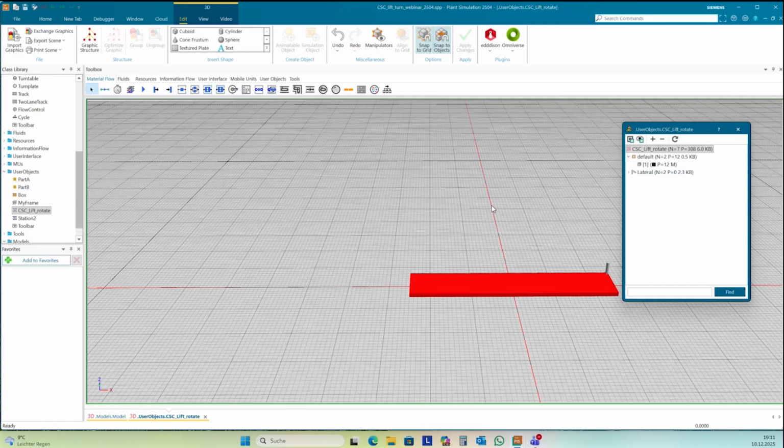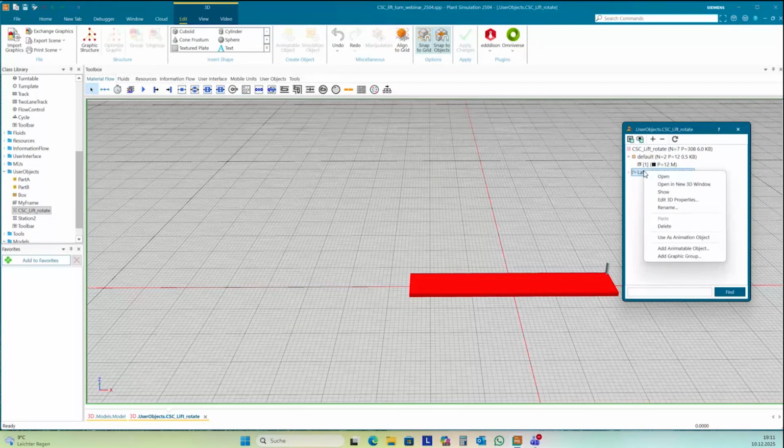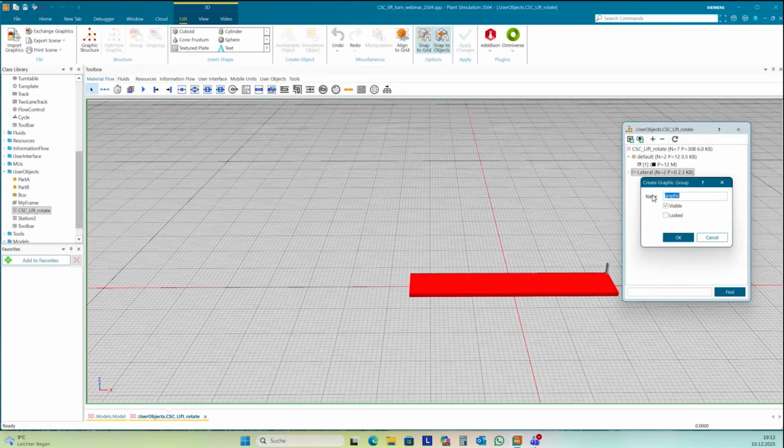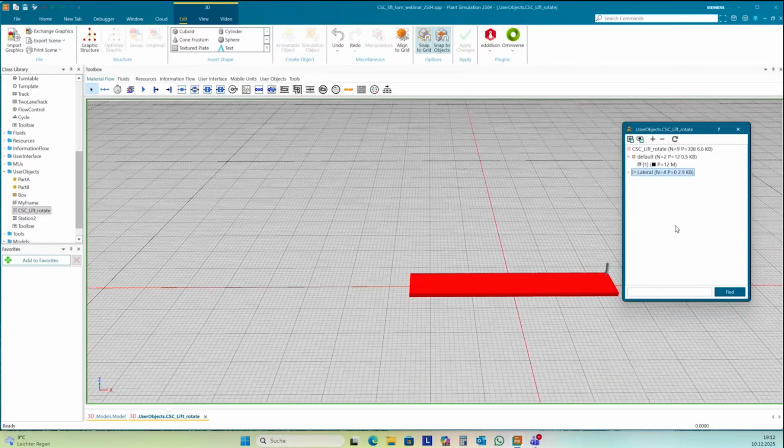Next, I need one joint in Z direction, and so I need another animatable object here. Starting from lateral, right mouse click, and then add graphic group. This should be vertical. Okay, this wasn't right here.